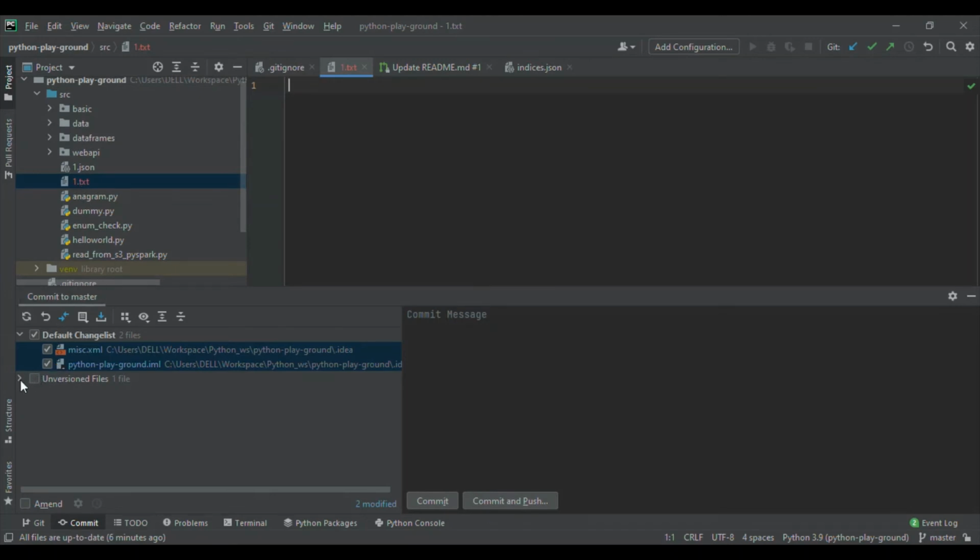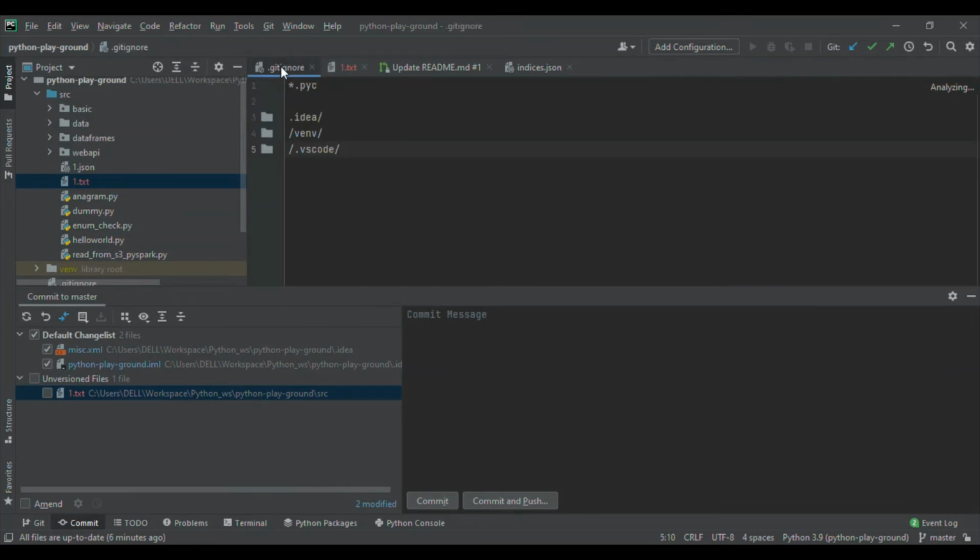It shows in unversioned files, right? Either I can add this to version control, add to VCS, or I can add to git ignore. There is a git ignore file, which is if you want to ignore any files from the GitHub commit, so you can add to this file, right? I hope everyone is aware of that.